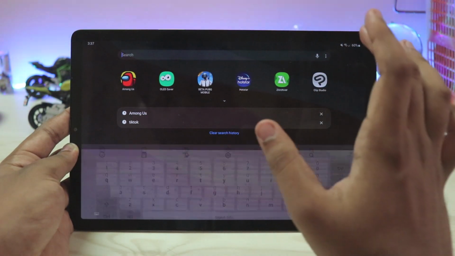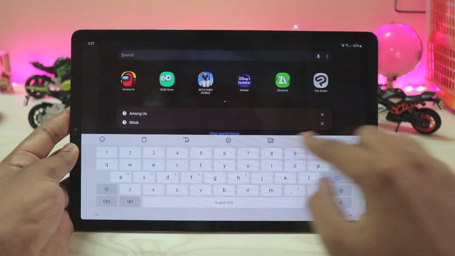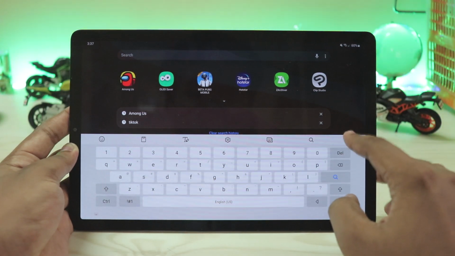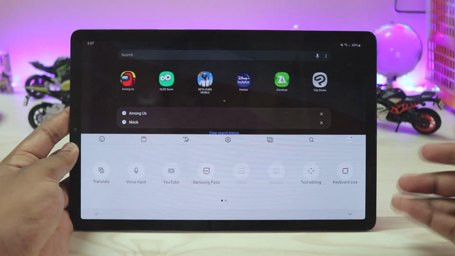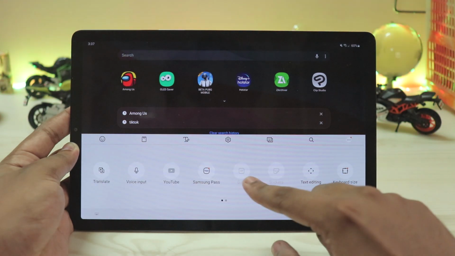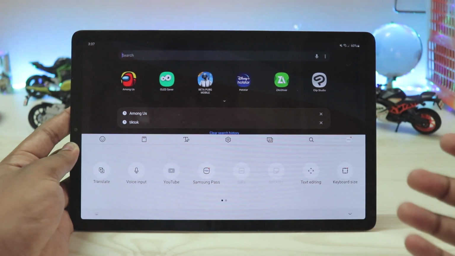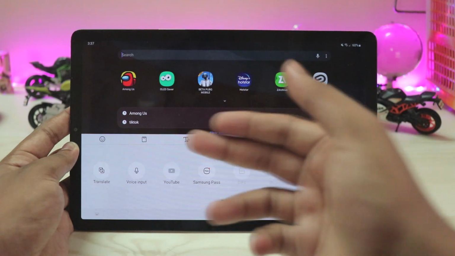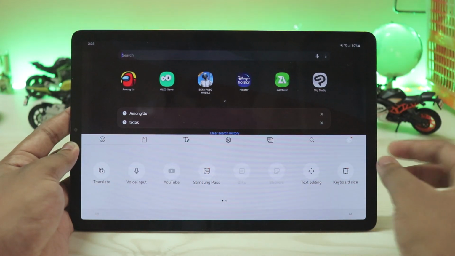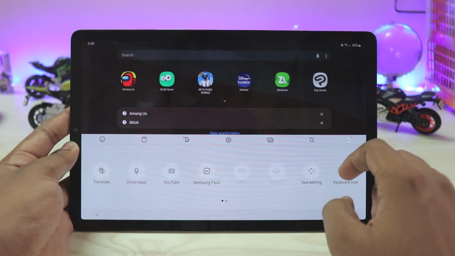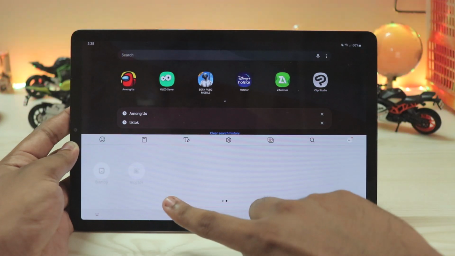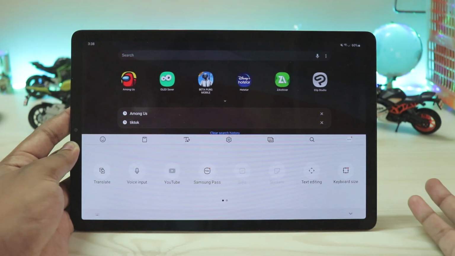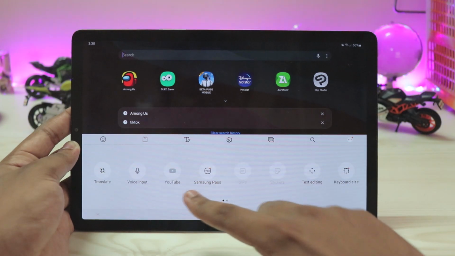So I don't know why it just crashed, but again, the toolbar does have the same spaces, but the toggles are far more optimized. So for example, you have the GIF stickers as before, and now you have keyboard size, YouTube and Samsung Pass right over here. Keyboard size is a normal feature, but now it has a live toggle for it. You have Bitmoji and Moji Talk also, which, again, why you would need that, but you have the YouTube integration, which is quite nice actually.